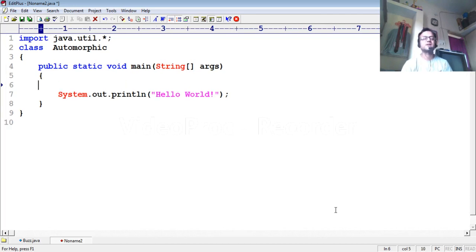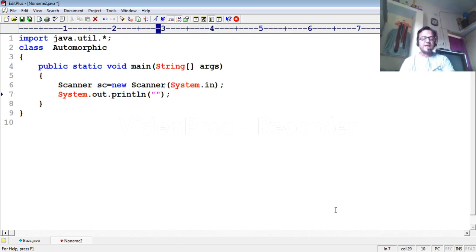After that, open a curly bracket, then create a Scanner: Scanner sc equals new Scanner, within brackets System.in, to give permission to take values from the keyboard. Then put a message here as a prompt.